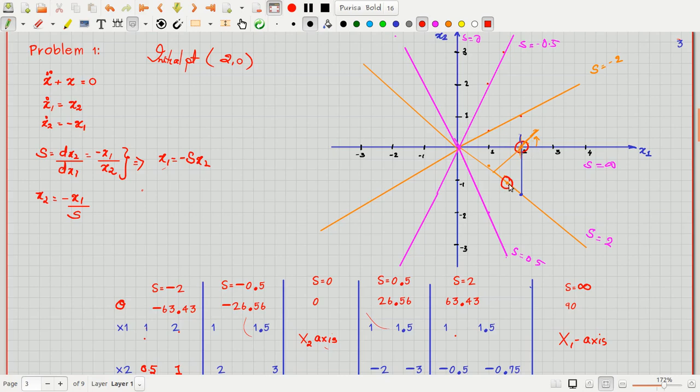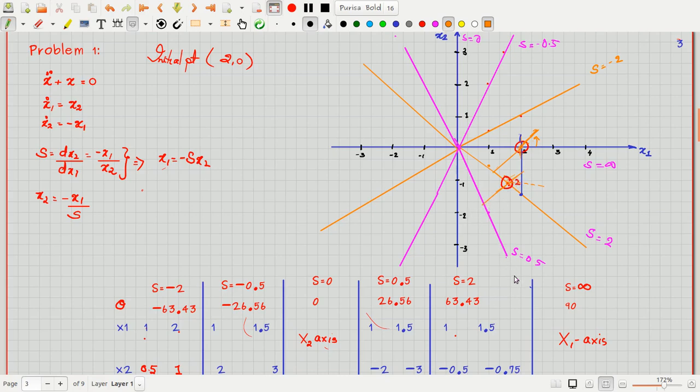So now what is the next step? From point 2, I have to leave point 2 at an angle of 63.43 degrees. From here, it is a line which is parallel to this line. So I have to draw a line parallel to this line. But it's not a line which is parallel. I'm not drawing something parallel to that line. So it is something like this.